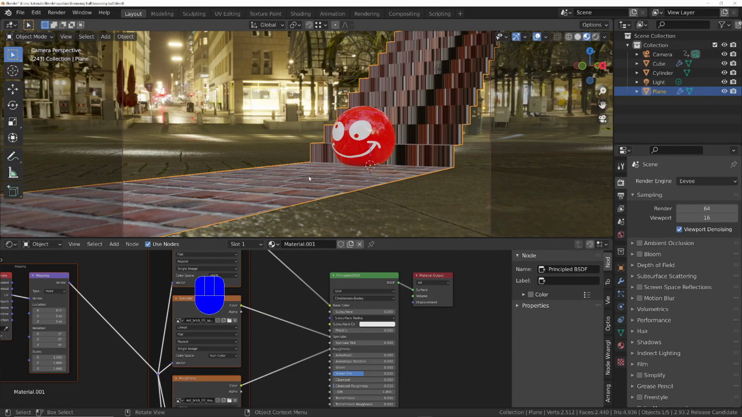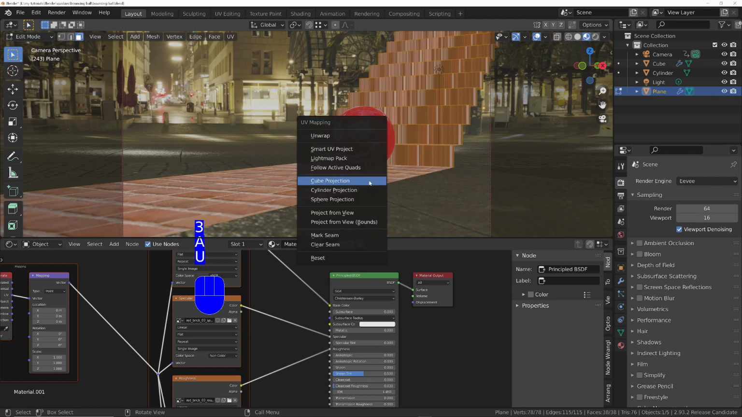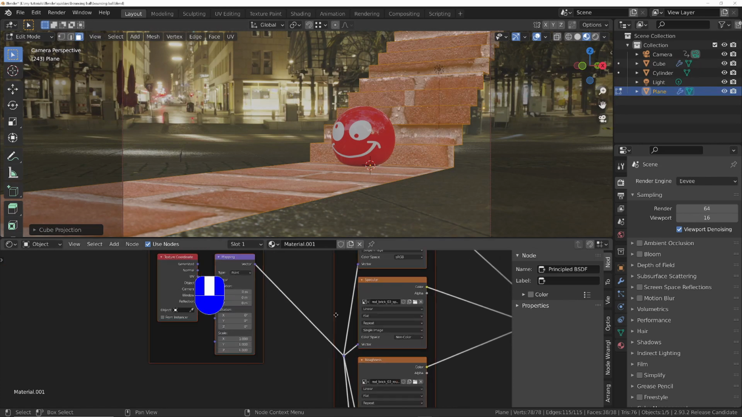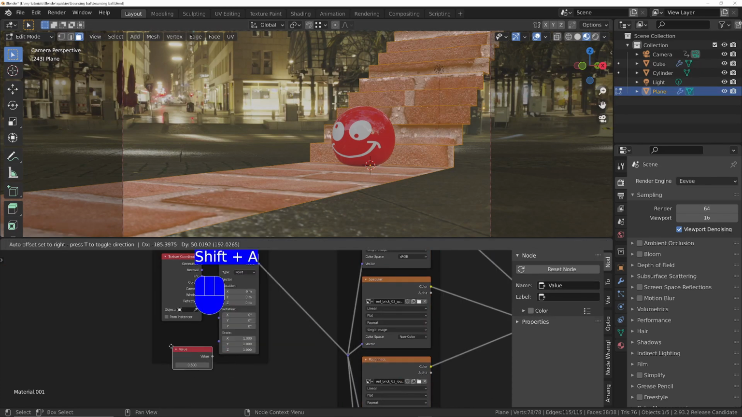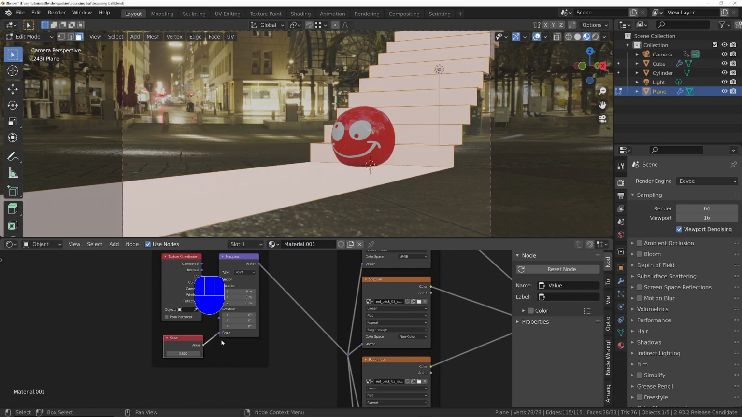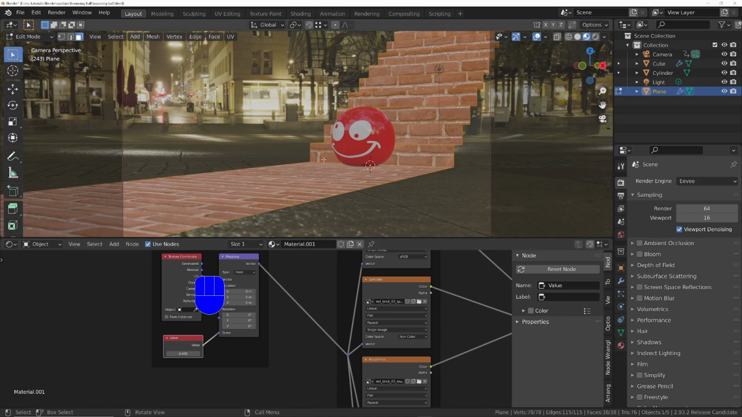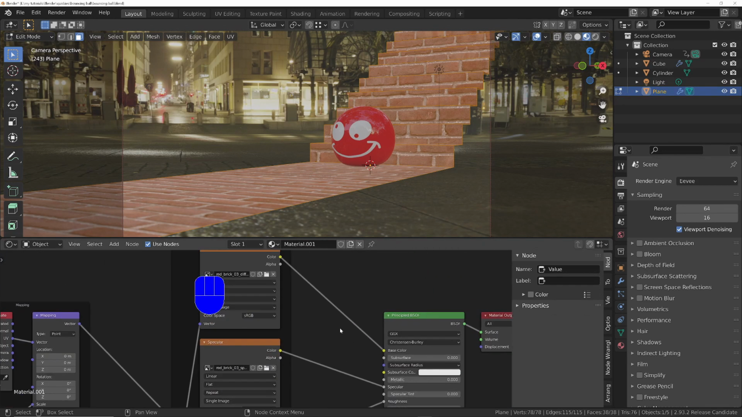We need to add UVs, very easily. So select the stairs, go into edit mode, number 3, press A, and then press U, and then we'll just go with a simple cube projection. And then we can scale that by Shift-A, add a value, plug this in there, and then we can control that with one slider. It's a bit too light, so let's go and reduce